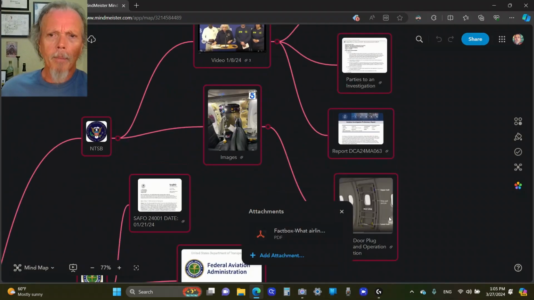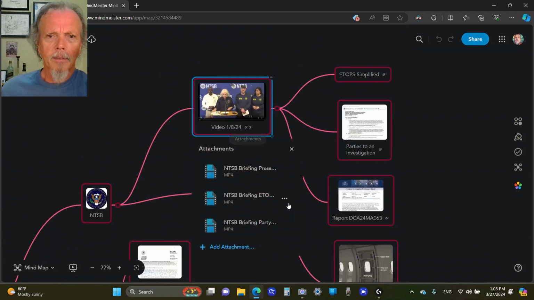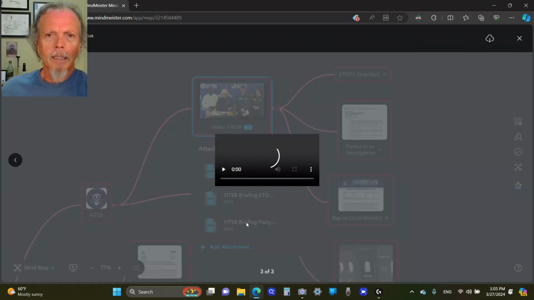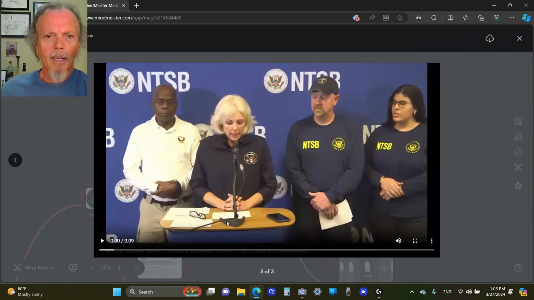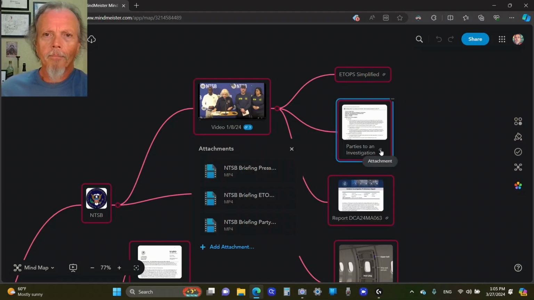Now let's go back up here because I think I skipped the final party briefing. Parties to the investigation. We have offered party status to Spirit Aerospace and to the Machinists Union. So what is party status? So here is